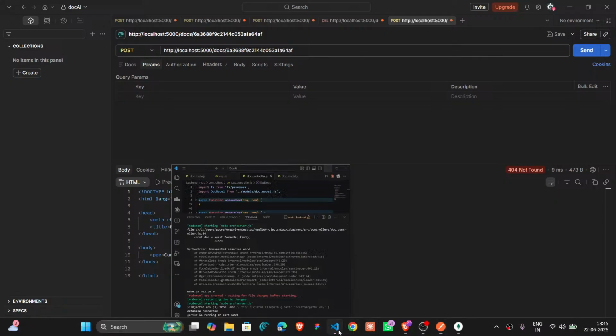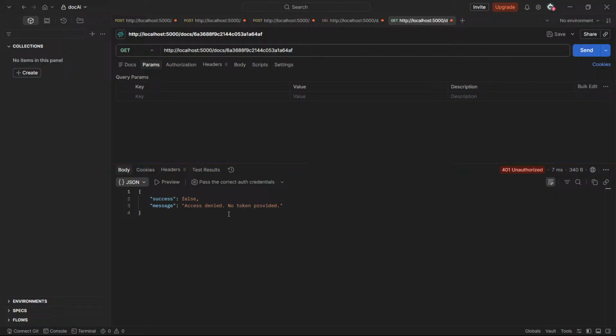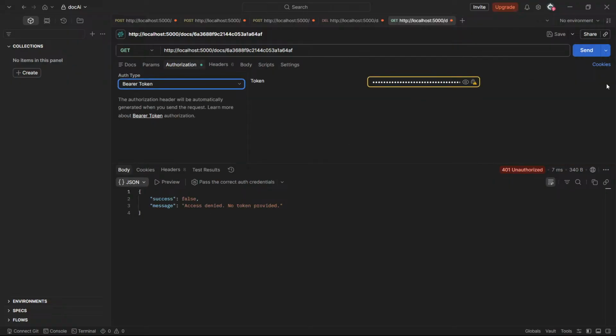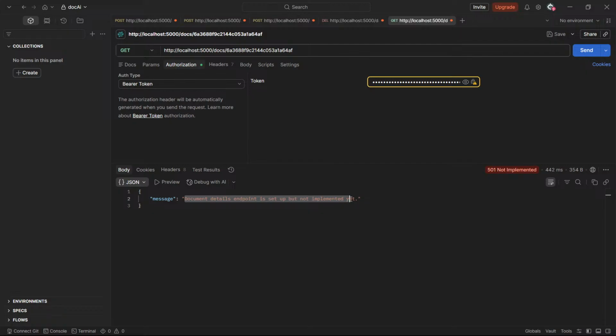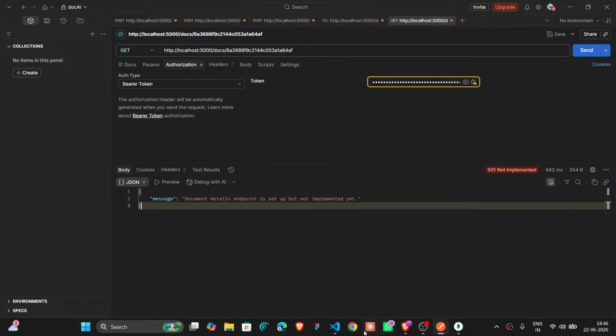Okay, it's not a post method, it's a get method. And if we do it, okay, unauthorized, Bearer token. And now if we send, document details endpoint setup but not implemented yet. Document details endpoint setup, what?